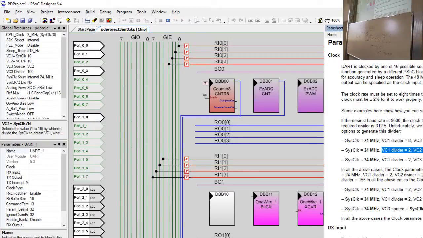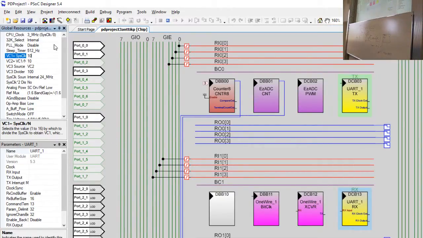So 2, 4, and 39, or 8 and, well, maybe that's 2, 4, 39. There we go. And use this one as a clock